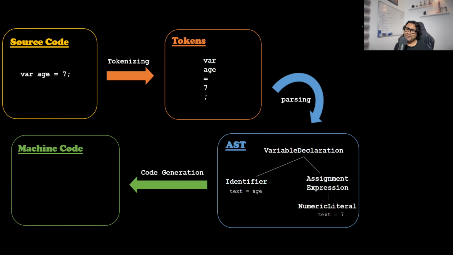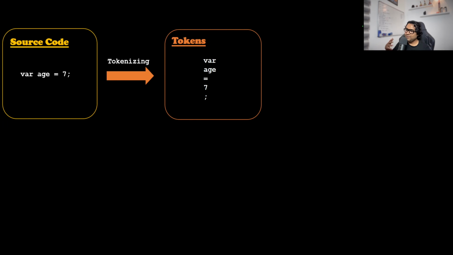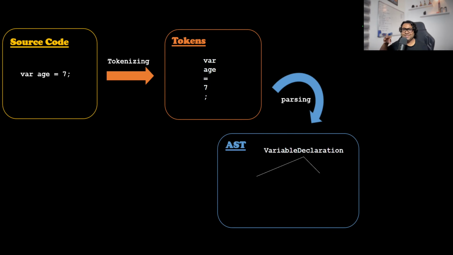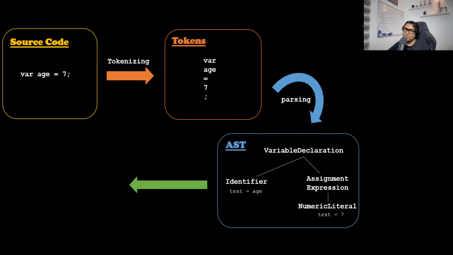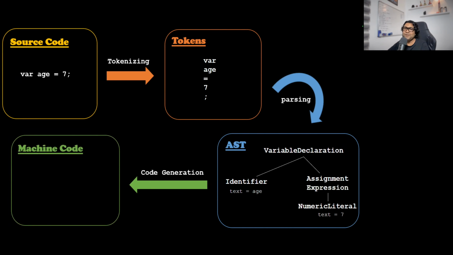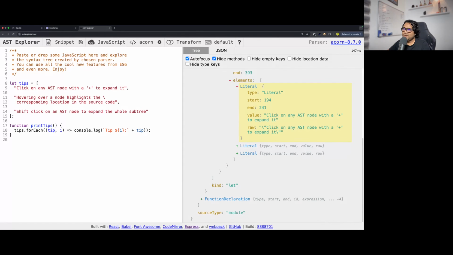So you started with a single line of JavaScript code. Finally, it got into machine code, that is what the machine understands. So this is what you need to understand: when you're writing any JavaScript code, the code as it is is not actually running. There are a lot of things happening in the background to make your single line of JavaScript code work, which is very, very important to understand. So here is a site called